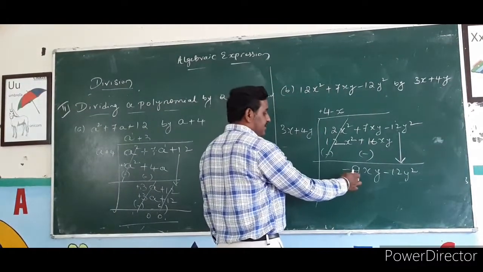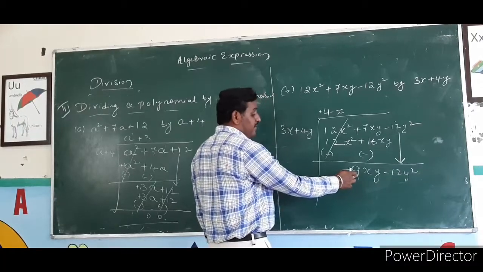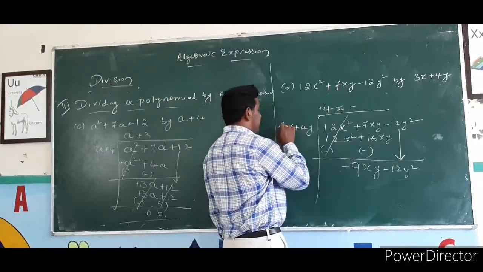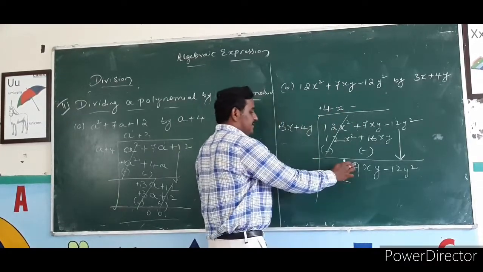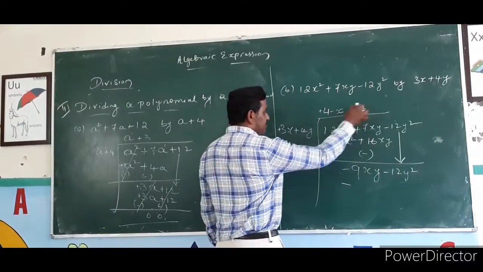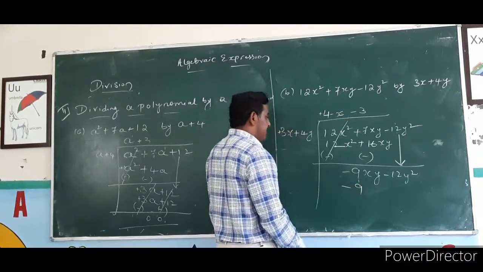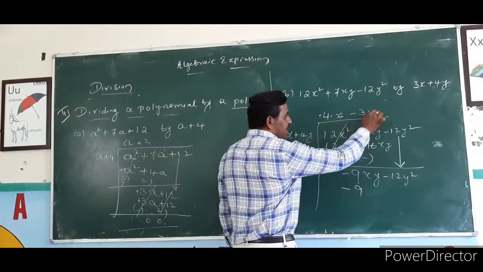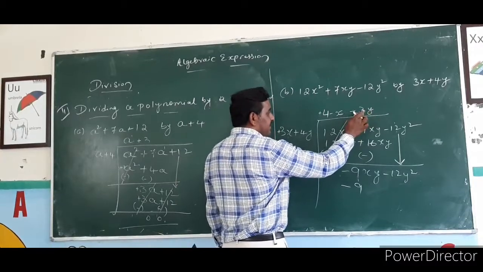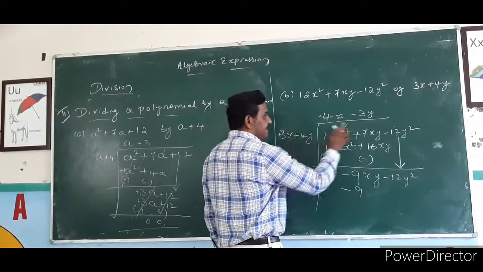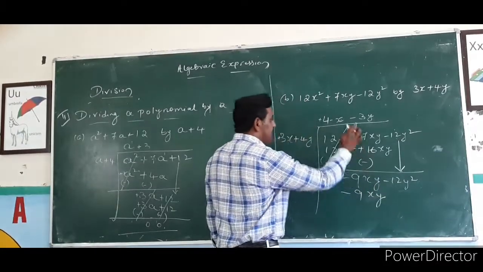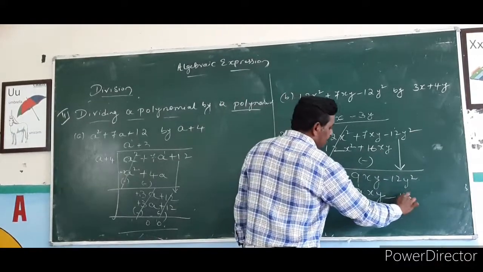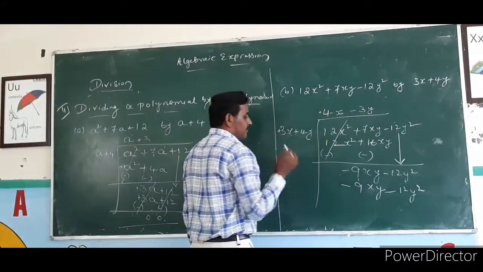So next term. Here 9 we want. What type of 9 we want? Minus 9. So here plus 3 is there. So that's why I am considering plus into minus, minus. 9 we want means what should be multiplied? 3 3s are 9. X is there. So we want here xy. So if you multiply it with y, look at here 3y. 3 into 3, 9. X into y, xy. Next term, minus into plus, minus. 4 3s are 12. Y into y, y square.